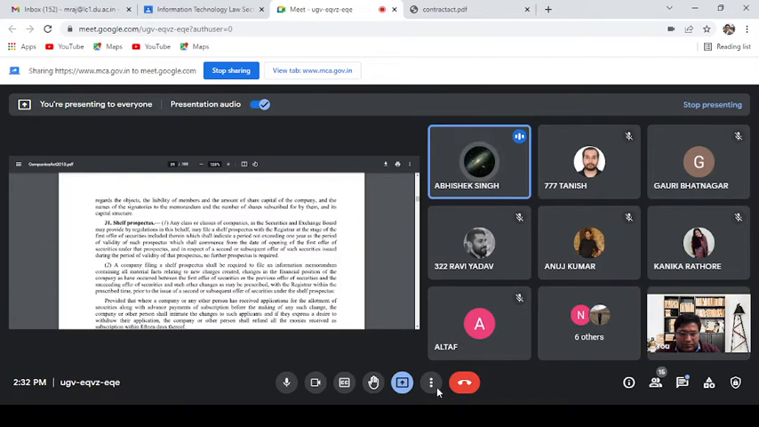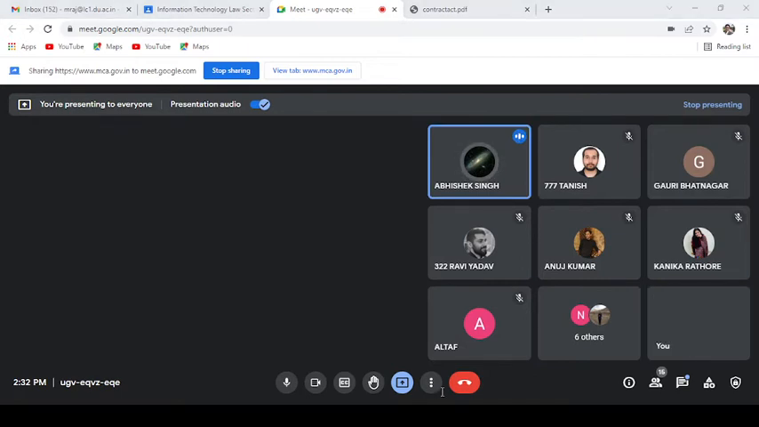Section 31, subsection 2. A company filing a shelf prospectus shall be required to file an information memorandum containing all material facts relating to the new charges created, changes in the financial position of the company as have occurred between the first offer of securities or the previous offer of securities and the succeeding offer of securities, and such other changes as may be prescribed with the registrar within the prescribed time prior to the issue of a subsequent offer